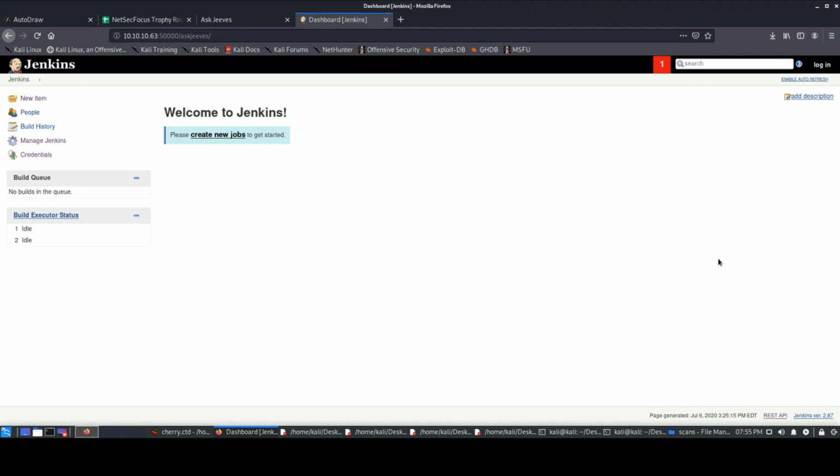You do not need to know exactly what this application is about. Jenkins is obviously more common than other web applications, but if you are not aware, that's fine. Jenkins is mostly used with GitHub and so on, to create jobs and things like that. If you do not know anything about it, that's fine, because there are multiple web applications I came across that I did not know about. So our main focus over here should be